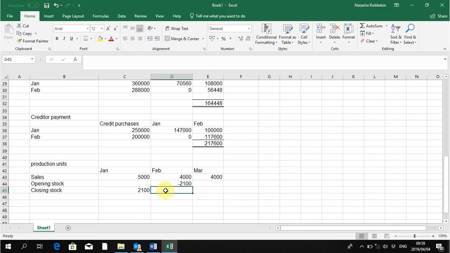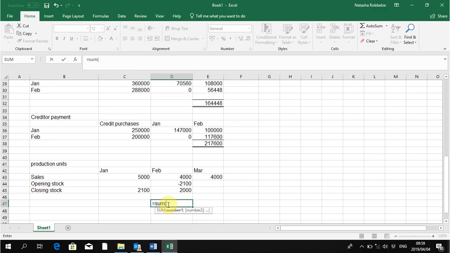Then the closing stock here, I will say it is 10% of the current month, so it's 4,000 times 10%, plus 40% of the next month's sales, which is 4,000 for March, times 40%. And that gives me 2,000 units in closing stock. Then I can get the production units for the month by adding those together, and I get 3,900 units of